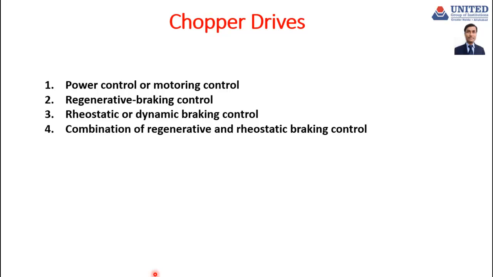The DC chopper is not only used in speed control, but also for dynamic and regenerative braking of DC motor drives. Chopper fed DC drives operate in four quadrants by controlling both armature voltage and field current. When the field flux is in the same direction and the polarity of armature voltage is reversed, the motor will operate in reverse direction. Then it is called reverse motoring operation.